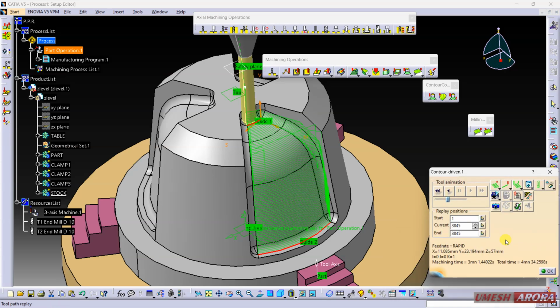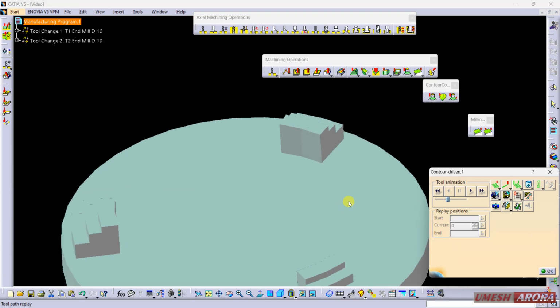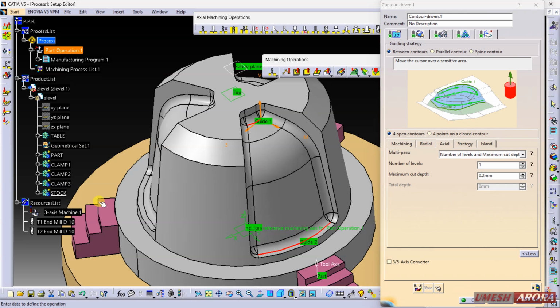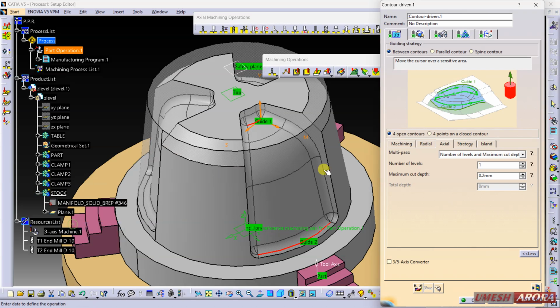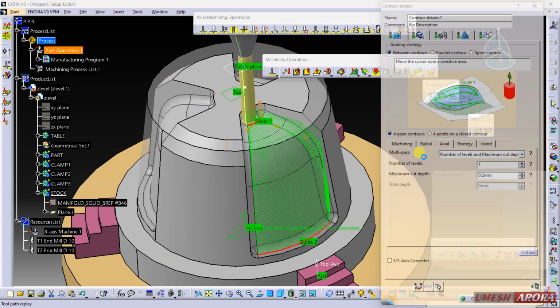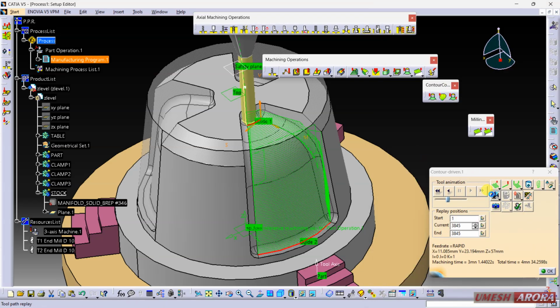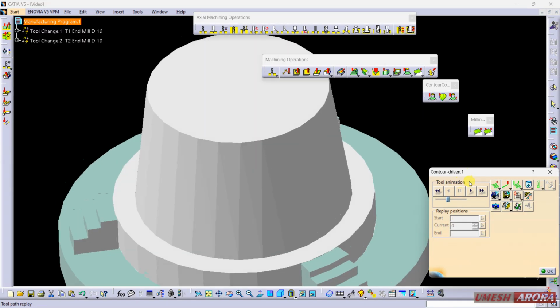Okay, let's see this. If it is not visible, it means we need to show this stock, then it will show you the result in 3D. Verify.